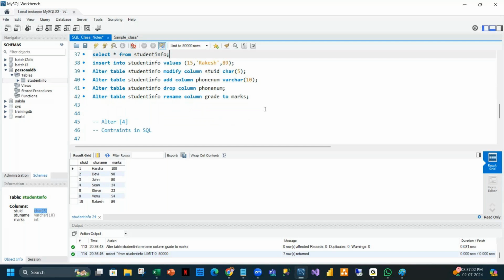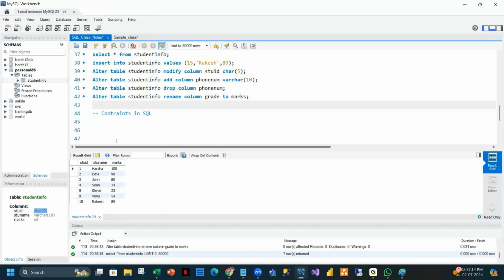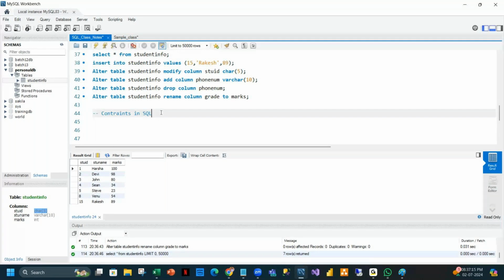Okay, and this is about the alter commands. Now let's talk about constraints in SQL. So constraints are actually the rules which are set up on a table. Constraints include not null,